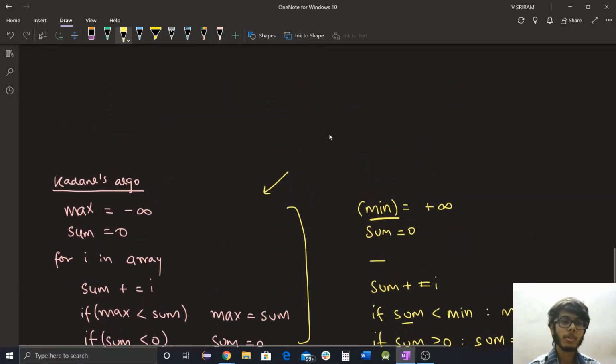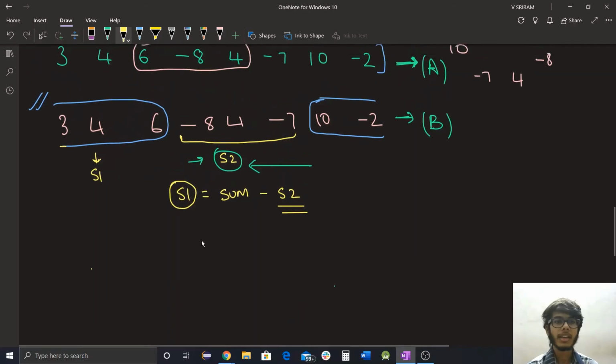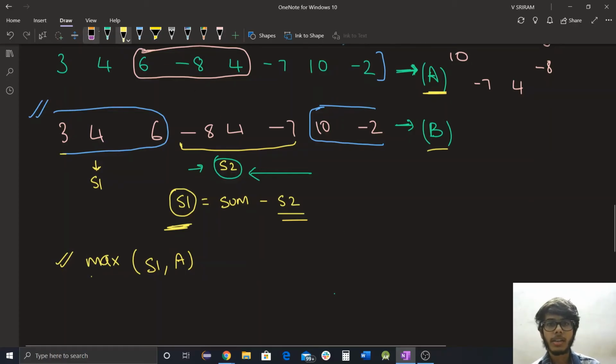So once we obtain the minimum subarray sum and the maximum subarray sum, we can calculate the value of S1 and we can calculate the value of A. And the maximum of these values would give us the final answer. So our final answer would be nothing but the maximum of S1 and A. S1 is nothing but B. So this would give our final answer, and the only problem in this solution is